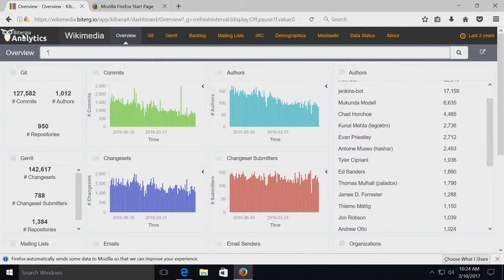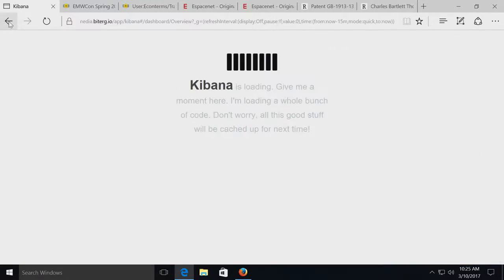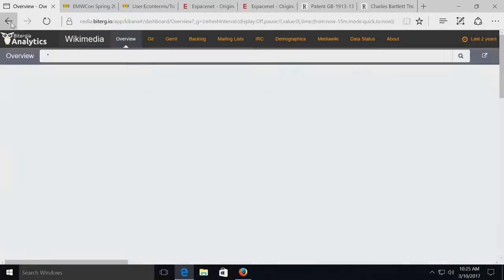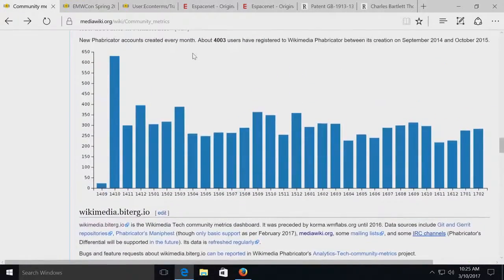We just recently switched to this, I'm going to pronounce this wrong, Bitergia system, and it will continue to be improved and added upon. But if you ever want to look at them or are curious yourself, you can go out to MediaWiki and just search for community metrics and you'll get to this page and all this information is out there. So just a little bit of a tidbit if you're curious.